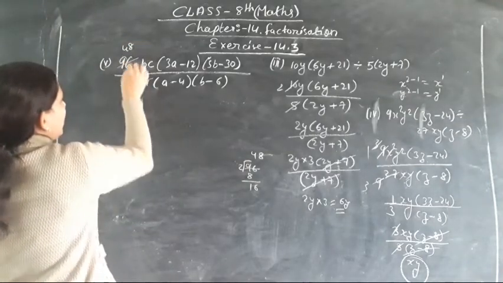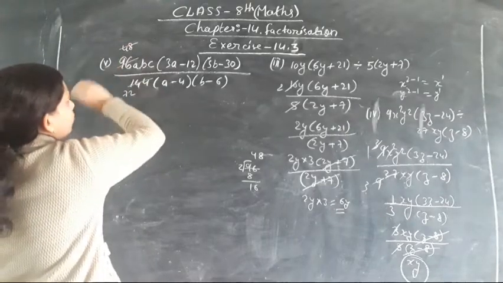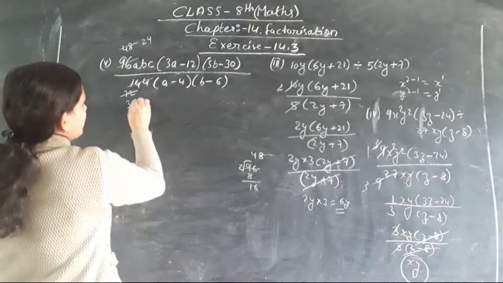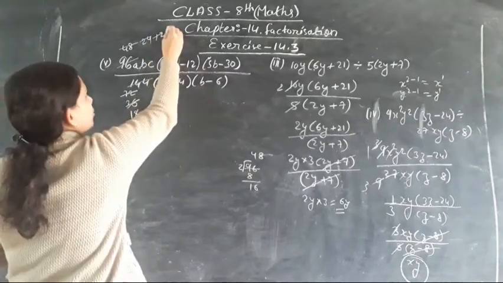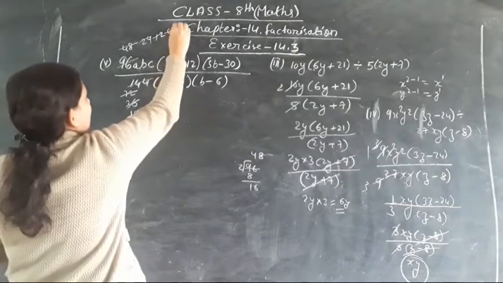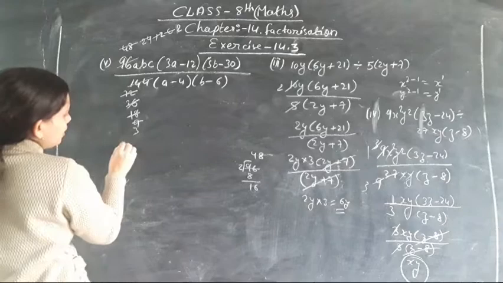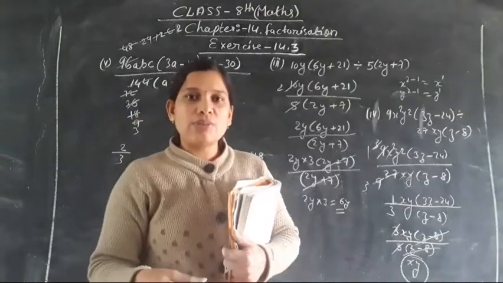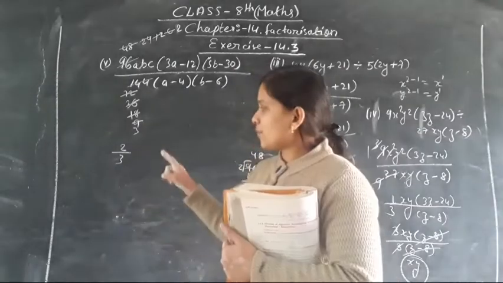Here it is 48 and 144 gives 72. Now again you can cancel it by the table of 2. Here 2, this one is 4, 7 that means 36. Again here it will be 12 and 18. Again it will be 12, that means 6 times and 9 times. Now 6 can get cancelled by the table of 3, 2 times, and here it will be 3. Now again it will get cancelled, 2 upon 3. This 96 upon 144, we cancelled it continuously with the table of 2, in the end 3 upon 9 was left, which we cancelled with the table of 3, so in the end we are left with 2/3.